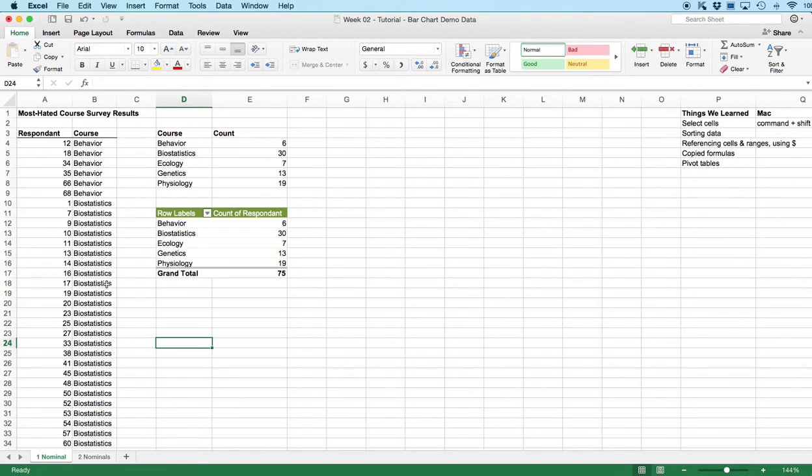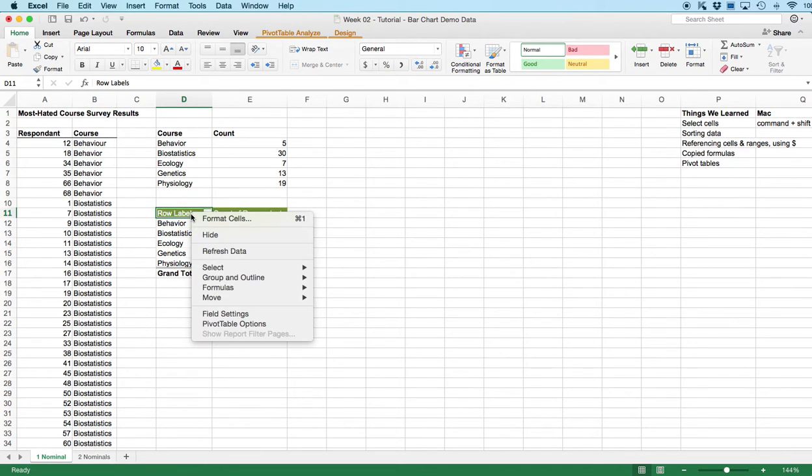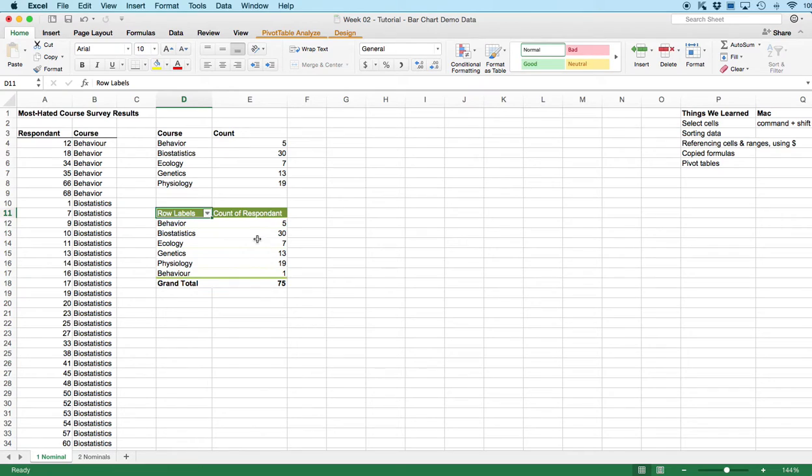All right, now to do this, I'm just going to quickly alter some of the data over here in column B. I'm going to change behavior. Let's say some student entered the British spelling for behavior, so they added a U in there. So we hit enter. All right, well, our pivot table here, if we click on that and then we click refresh data,